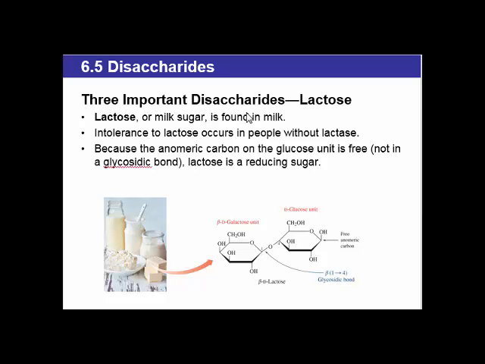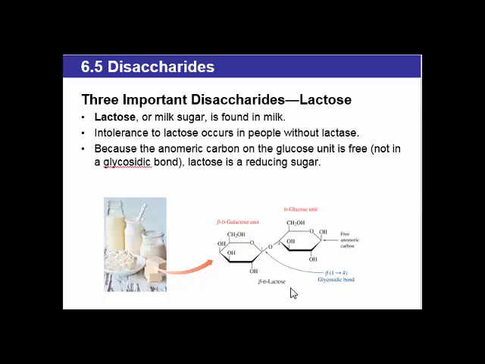Another important disaccharide is known as lactose, and lactose is a disaccharide that is found in milk that is produced by mammals. So we find it in cow's milk, goat's milk, breast milk. And intolerance to lactose occurs when people do not produce the enzyme lactase. And what lactase does is it clips the bond, the glycosidic bond, between the two